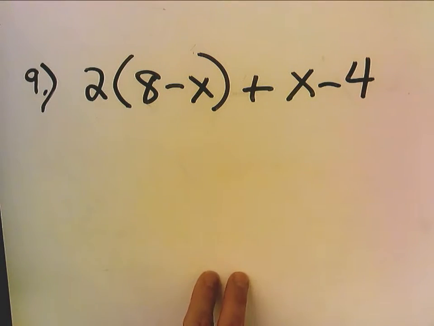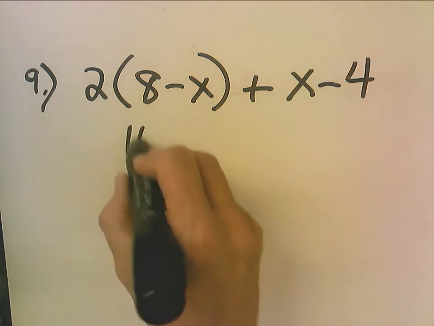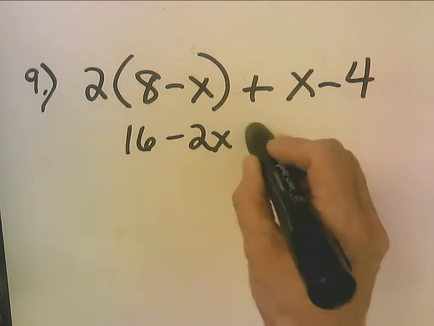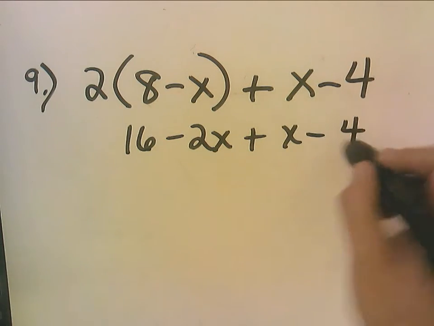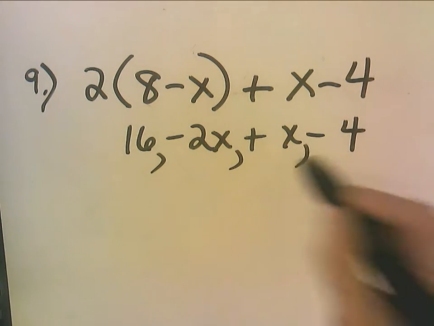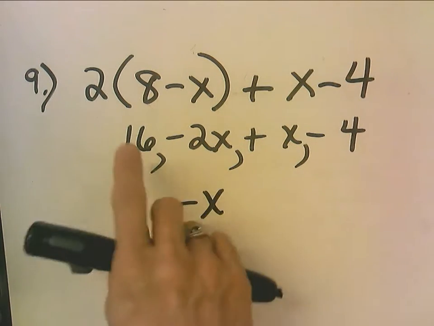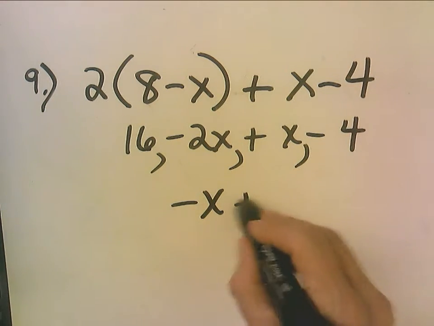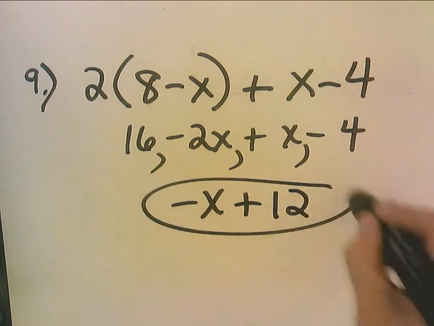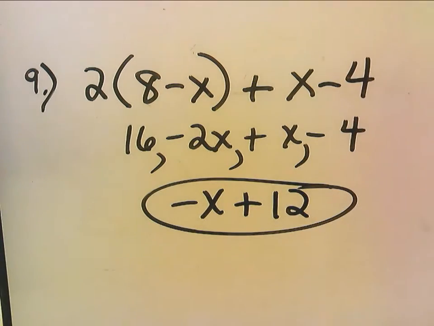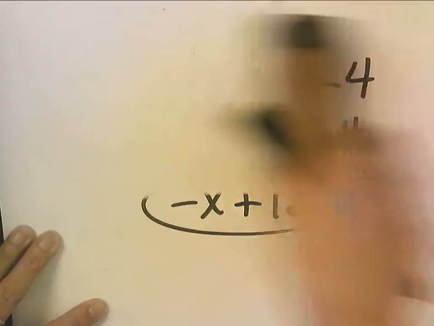Now, I translated it, but now I have to simplify it. So 2 times 8 is 16 minus 2x plus x minus 4. Put in my commas. Negative 2x plus x is negative x. 16 and negative 4 is plus 12. So I have negative x plus 12. Okay? So you can do these along with me, or you can stop the video, do them on your own,